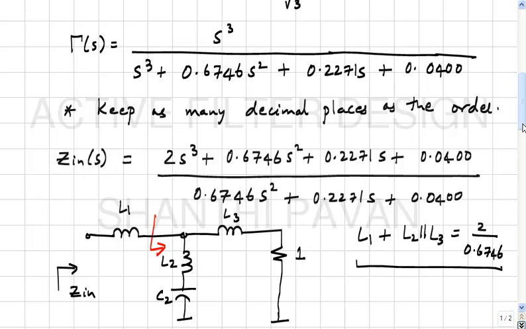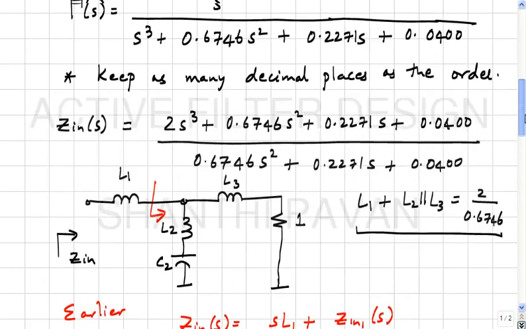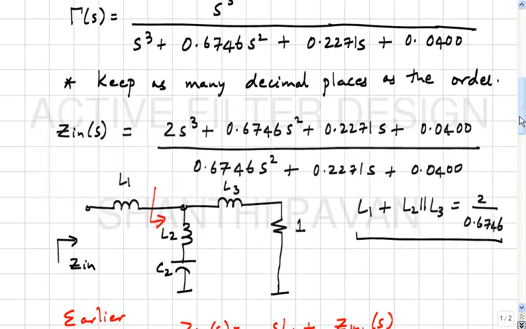On a computer, of course, this is not really a problem because the precision of the computer is for all practical purposes infinite. So, given gamma of s, the reflection coefficient, which is given by z minus z naught divided by z plus z naught, assuming z naught is 1 ohm, what we get is this expression for Zn